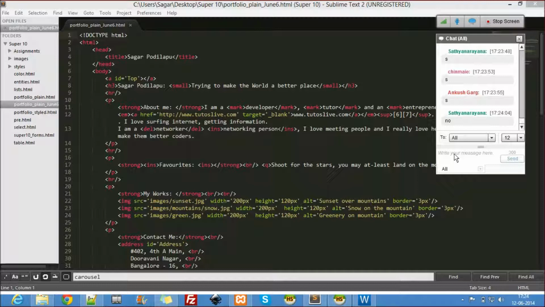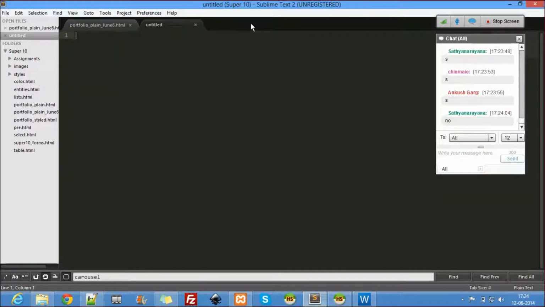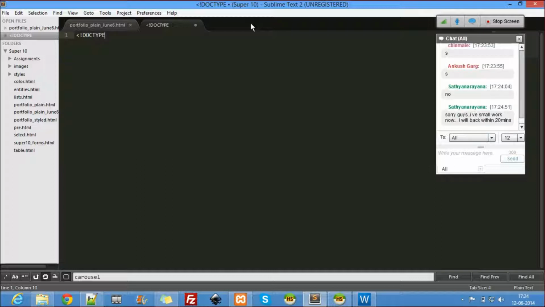So yeah, let's start our program here. This program is all about div and span. What exactly do div and span do? Div and span are nothing but container tags. They are also called HTML layout tags. So whatever layouts you see out there in today's technology world, they're all done using divs and spans, most preferably div. And they have no formatting, unlike the P tag, which is for paragraph, and the B tag, which is for bold.